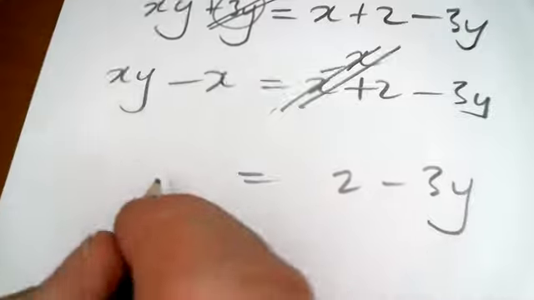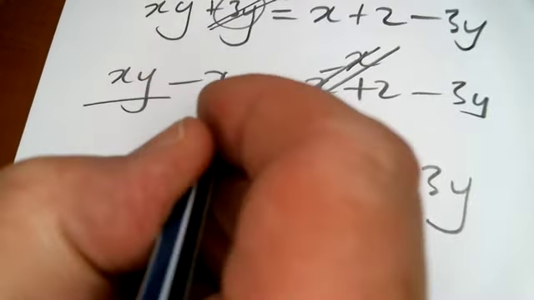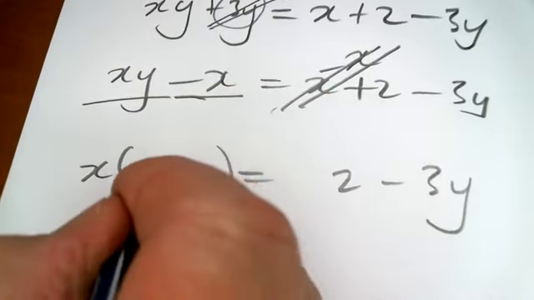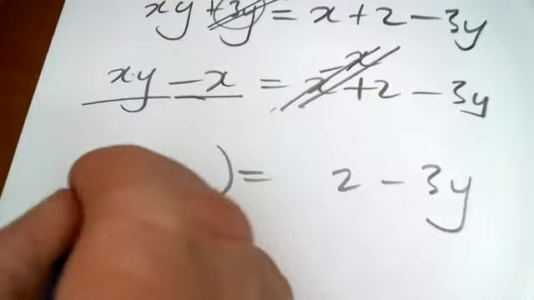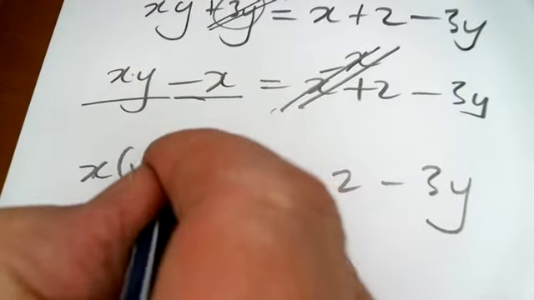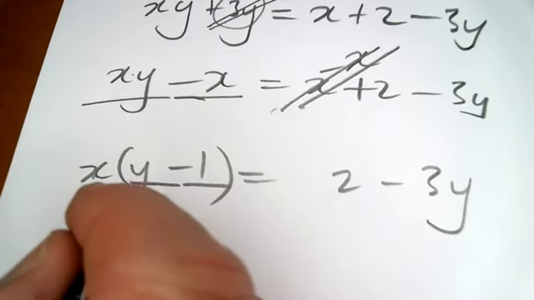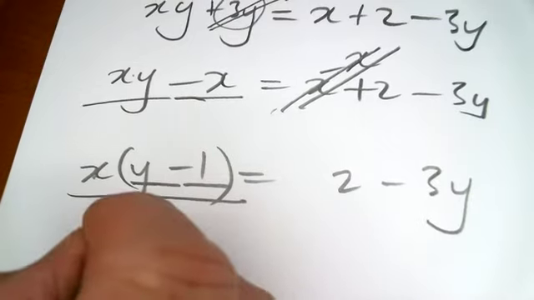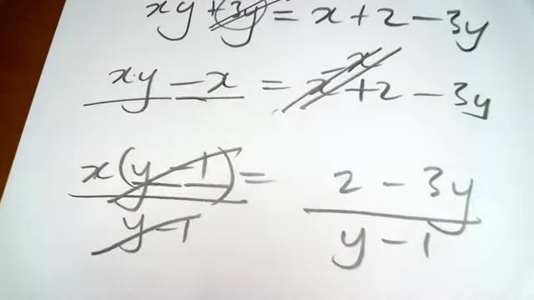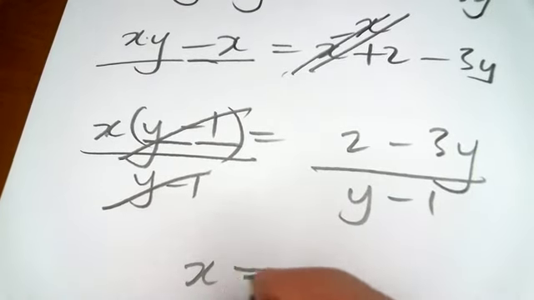But on this side, I'm able to now factorize this. I'm going to say, well, what's common to this and this? Well, what's common is x. So what times x makes xy? Well, y is. What times x makes negative x? Well, negative 1 is. So let's take a shot at this. I'm now going to divide both sides by y minus 1, and y minus 1 divided by y minus 1 is 1,